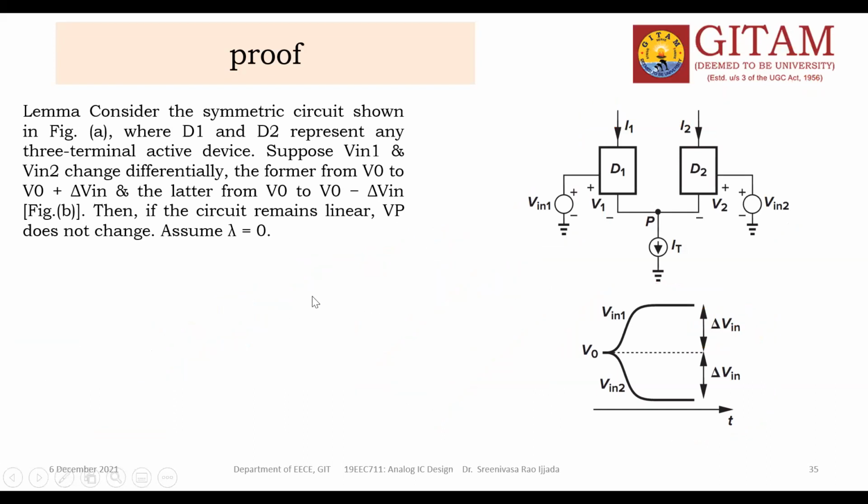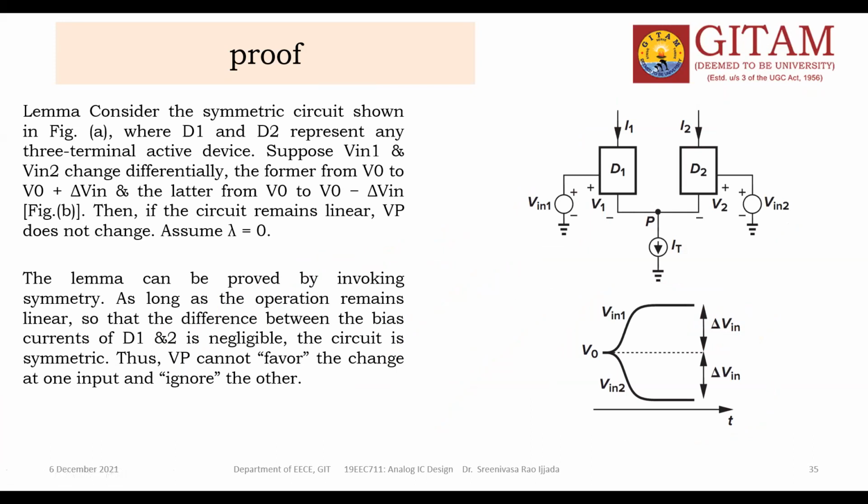Okay. So now, in this case, this is node P. The voltage of this node P is VP. As long as both are the same, what happened? This VP is equal to 0. It means it doesn't change. It doesn't move. Okay, so now